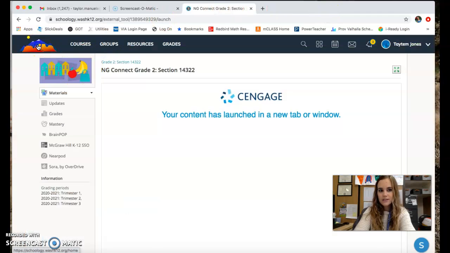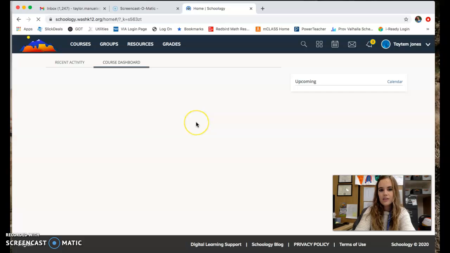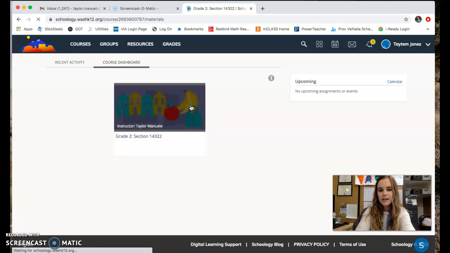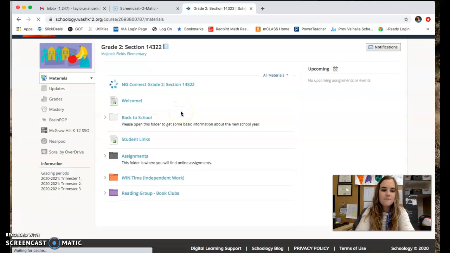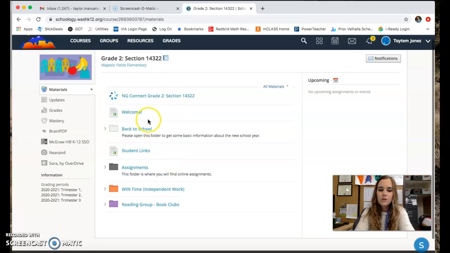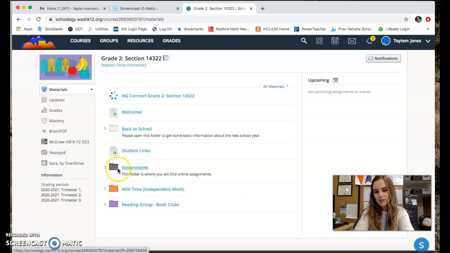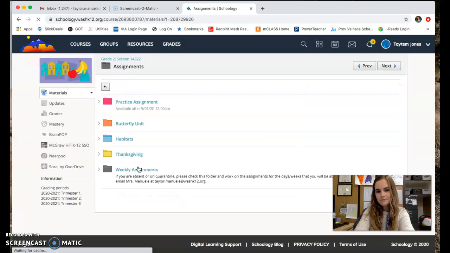So you'll click the mountains to go back to our home page. Again, you click on our class. Okay, so when you are at home or you're quarantined and you need to do assignments at home, you can click on this gray assignments tab, and then you can open things. So weekly assignments, you'll click on that,